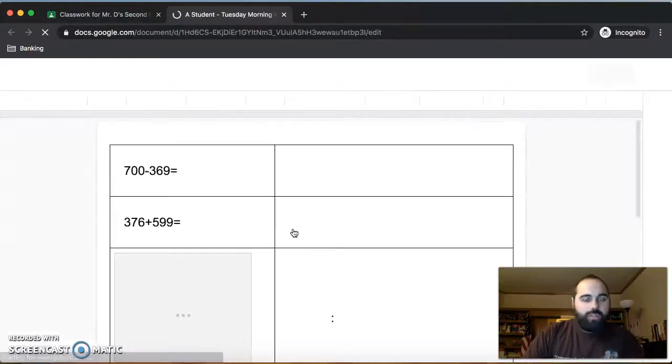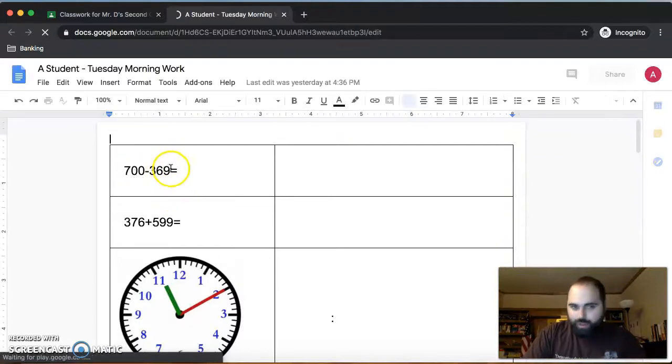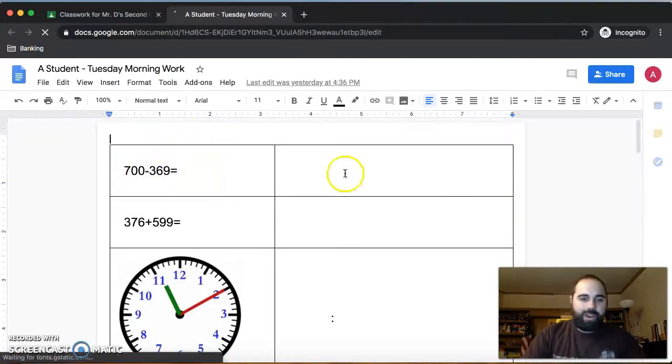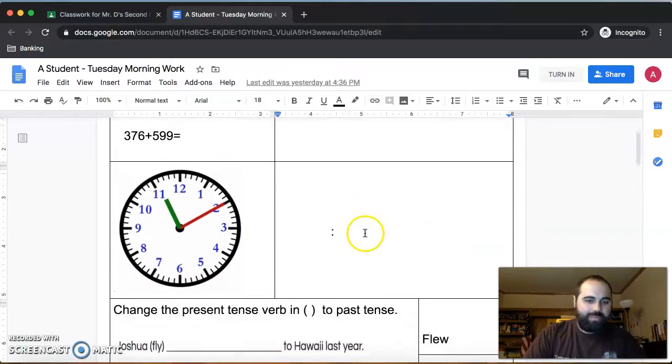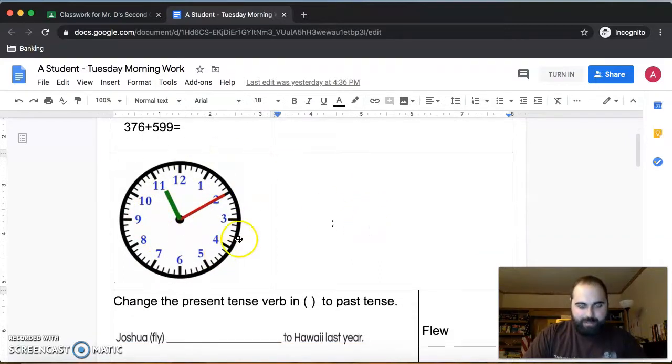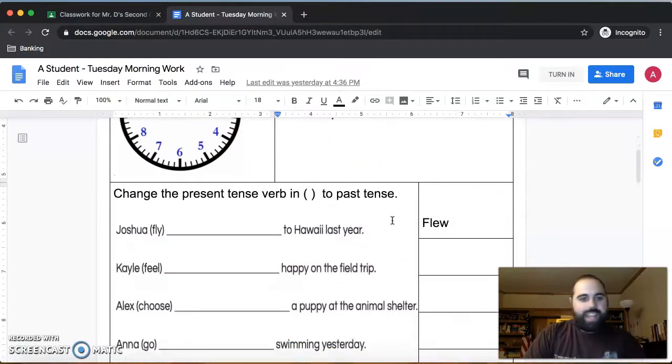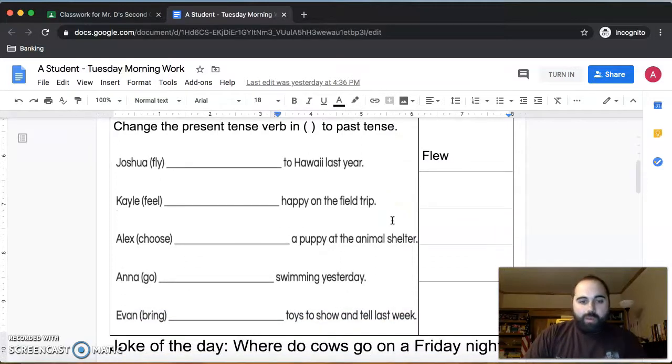We're going to be starting off with a subtraction problem across zeros, so make sure you're doing it on paper first, then putting your answer over here. An addition problem that might have some regrouping, answer over here please. Telling time problem, answer on this side. And then at the bottom, we're working with verbs and we're changing them from present tense to past tense. So you'll see in each sentence in parentheses, I have a verb that is in present tense. We need to change it into something that happened in the past.